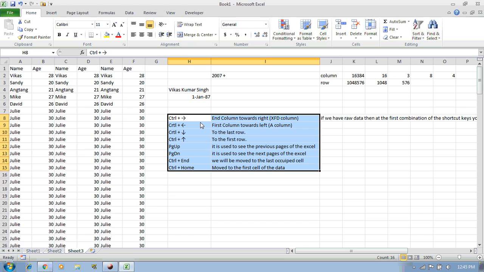So you should be aware, and you should be confident enough about the technology for which you are going to give the interview, because your ultimate goal to learn Excel is that you should be able to work in Excel. And how can you work in Excel?